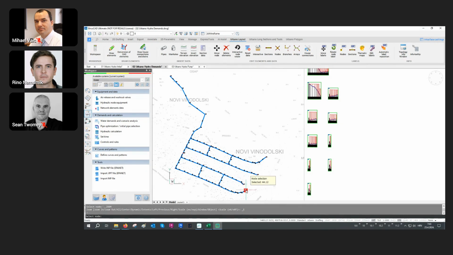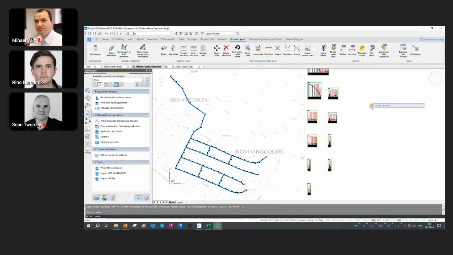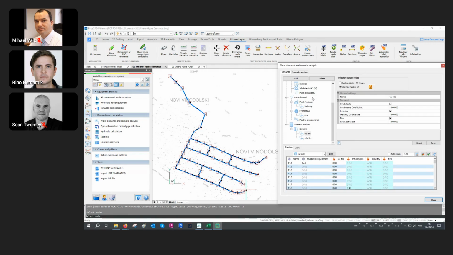I will select just this last node of the system, and directly through the data table I will set 10 liters per second for firefighting demand in this node here. So basically you can create any amount of these water demand definitions or consumption categories or whatever you want to call them. And later on you can create so-called scenarios or water demand alternatives and group these previously defined consumption